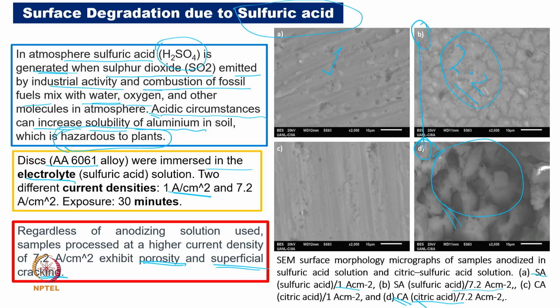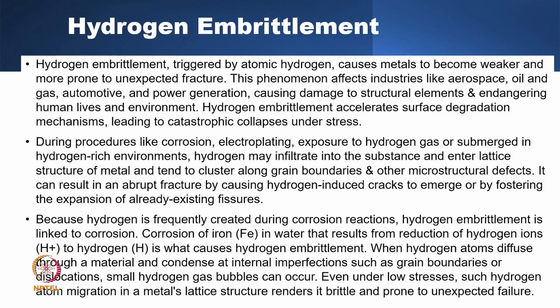So, this is an important consideration when we assume the outside environment is sulfuric acid and the inside environment maybe citric acid. Then we need to really think about what will happen to the different chemicals which we are using, and maybe even the polymer which we are using, and how it will really affect human health as such. So, this has been mentioned by, and now finally I am trying to come up with another important topic